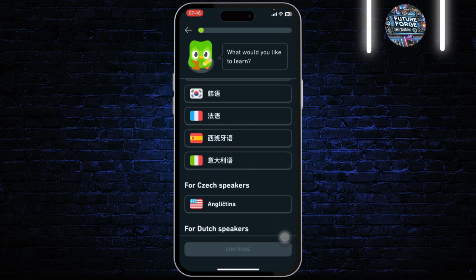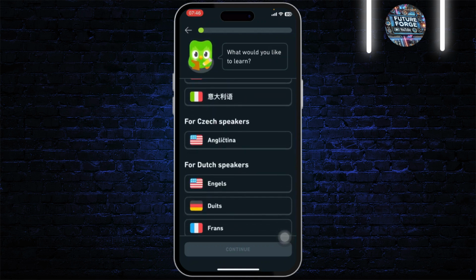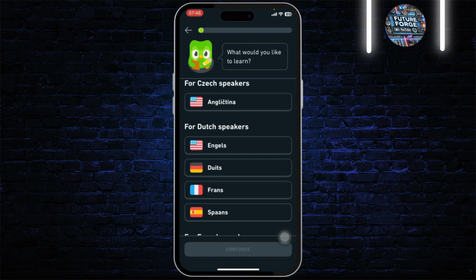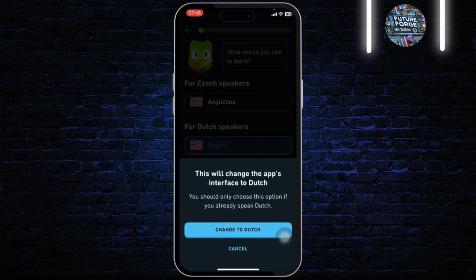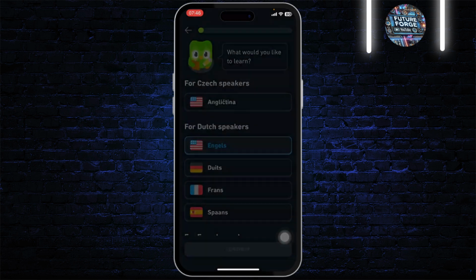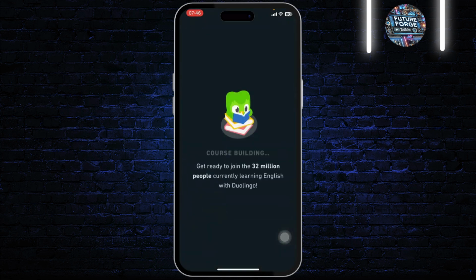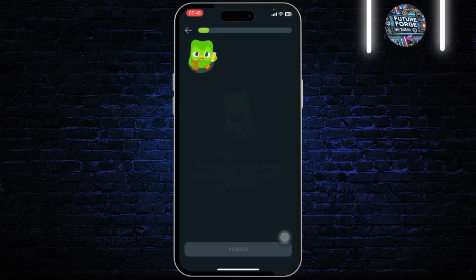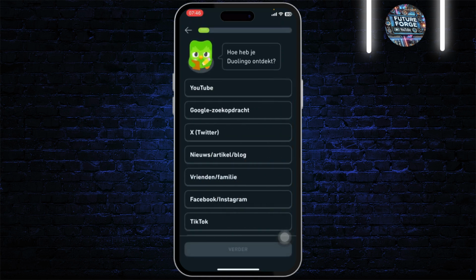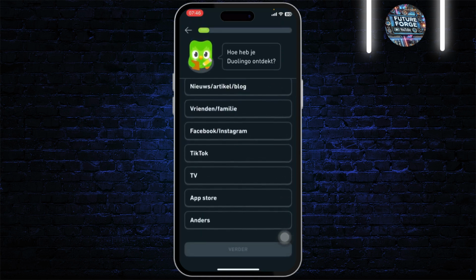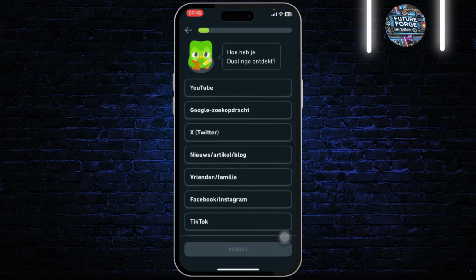Now whichever language you understand, you can go to that language's section and then simply tap on English. So I'll just go to the Dutch one and tap on English and continue. Now as it says right here, this will change the app's interface to Dutch. So I'll simply do that, and after waiting for a bit and after building its course by Duolingo, now as you can see, now your Duolingo is basically on